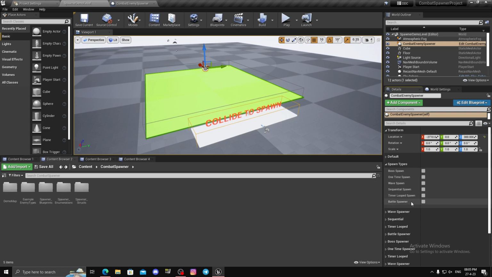Okay, then the last one is the battle spawner. Battle spawner is basically a spawner where you select all the different types of enemies that you want to spawn, and inside them you select how many of each individual type you want. So let's say you want to spawn 5 zombies, 3 rusher enemies, 1 heavy enemy, 2 like some shooting enemies. Okay, so you can add all of them, and then the spawner will select randomly one of them and spawn,